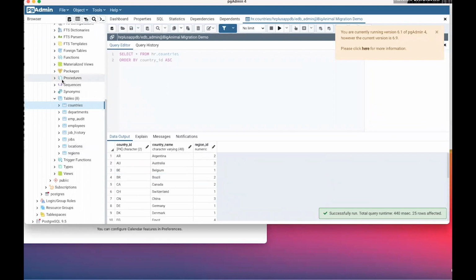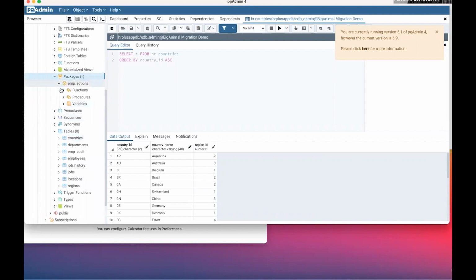I also can inspect the code there, the packages. You have this employee actions package. You have the functions in there. So you can use pgAdmin or PEM to actually review the contents of your database and then work with the database itself. So that rounds out my demo. I'm going to return back